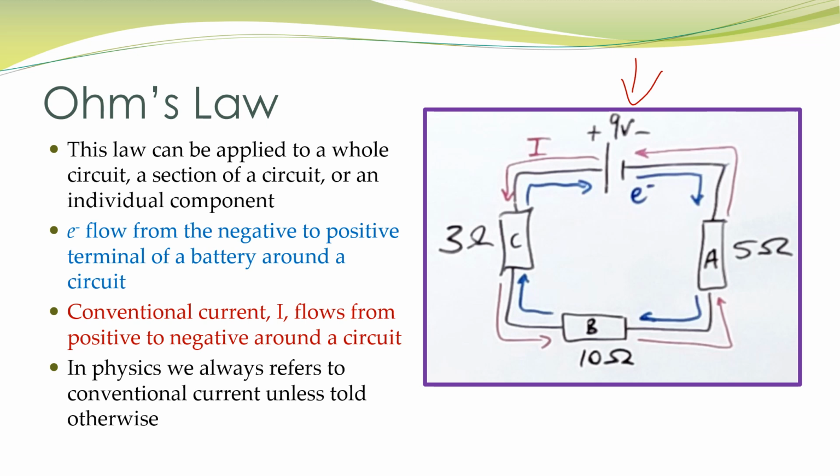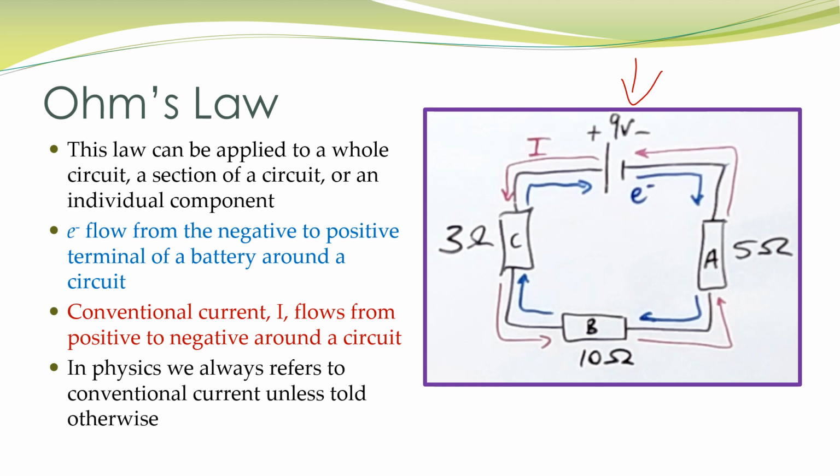But now the problem here is when humans first started describing electricity, back in Ben Franklin type times, a long time ago, more dead white guys, yeah. We originally thought electricity was a flow of positive current. So it came out of the positive side of the battery because there was more of it and went around to the negative side of the battery because there was less of it. Now we've since found that that's wrong. It's actually electrons, because they're much, much smaller and they're the ones that flow around the circuit. But the difference here is we still refer to conventional current,